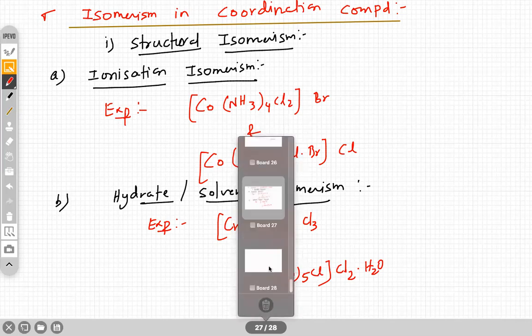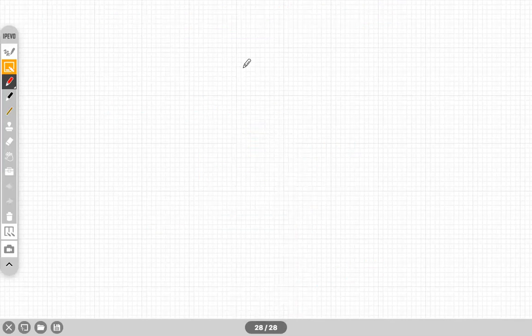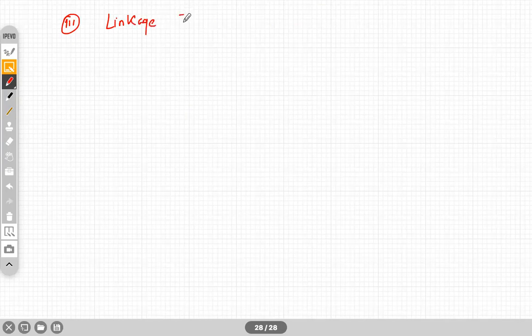Okay, next. Next is linkage isomerism. Third one. This is possible with ambidentate ligand. Simply the linkage is different. Okay, write down. This type of isomerism